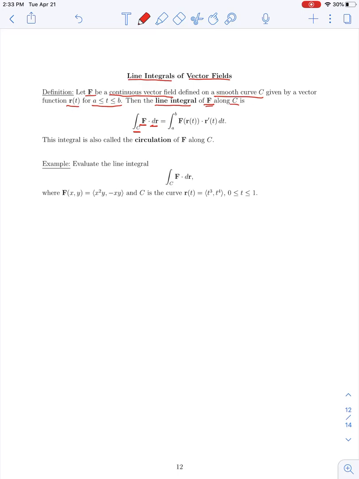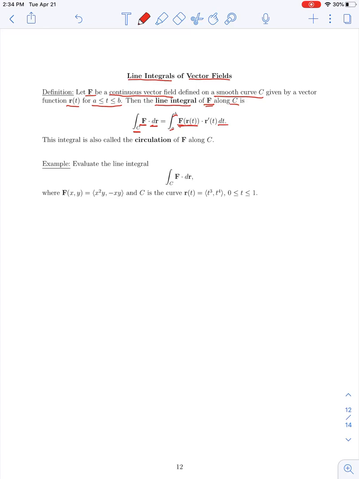So here, the way that we can evaluate this line integral of a vector field over some curve is again to think about transforming this to an integral in terms of t. So here our parameter interval t describing the curve was from a to b. And the way that we're going to define this is by taking my vector field f and replacing x and